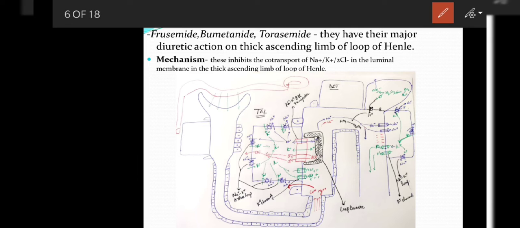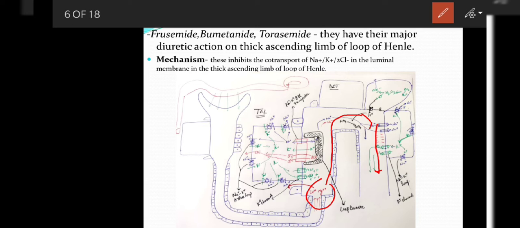And as we know, these divalent cations were reabsorbed through this paracellular transport in between the cells to the body, and they will not move further as electronegativity has been decreased. So these will reach the distal part of the nephron, and they will appear in the urine, which will lead to calciuria and magnesiuria.